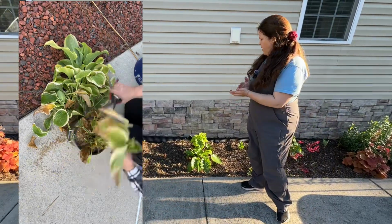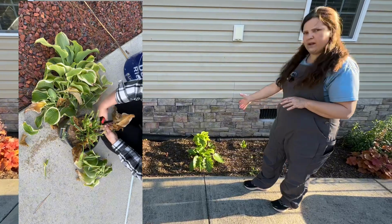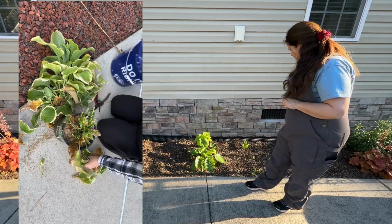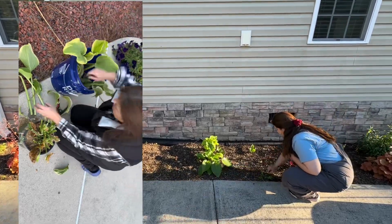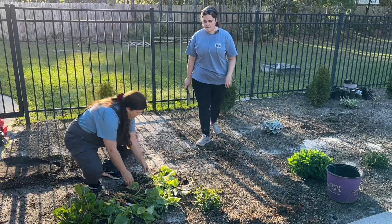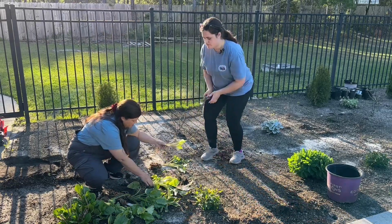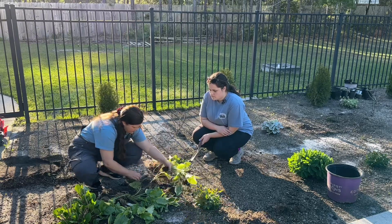So I cut their leaves off. I separated them. And then I planted them in here. And they sat all winter. And now they're coming up. So beautiful. And here's another little one coming up here. Just a little tiny one. And a weed. Okay, so now we've got all the hostas separated, and we've got 1, 2, 3, 4, 5,